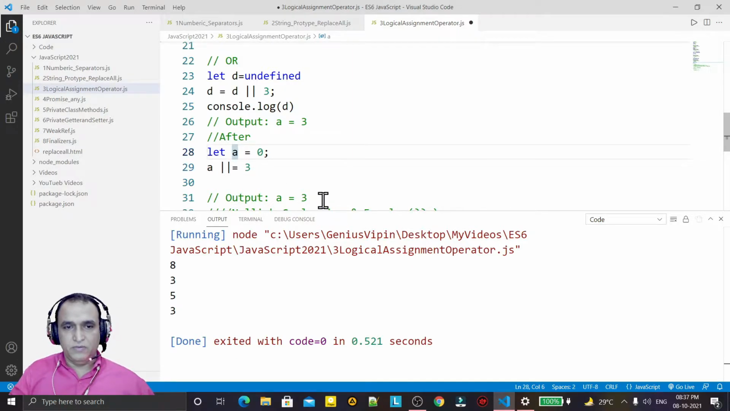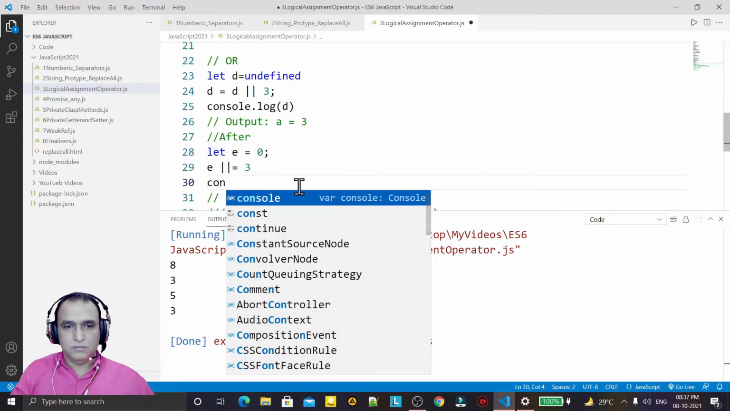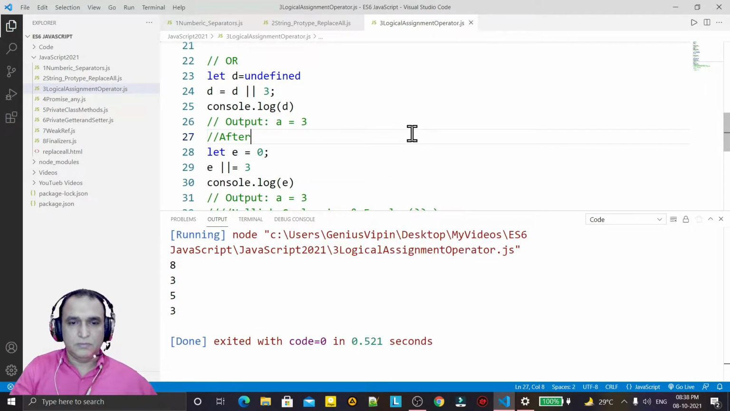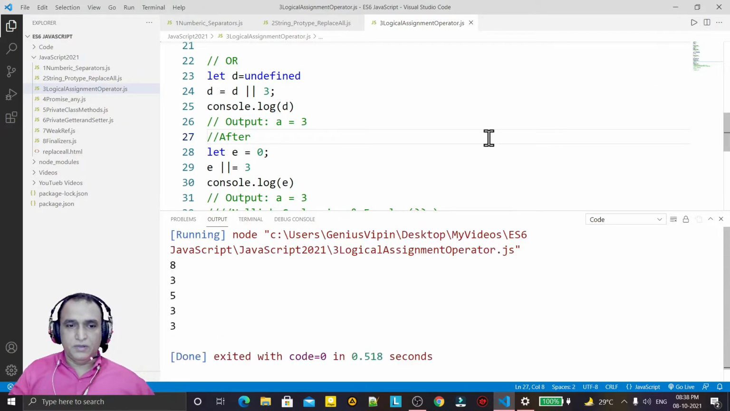We just have to give e here and e here, and I say console.log and e, and if I run it, you see that the value is initialized here. If I set it to undefined, then